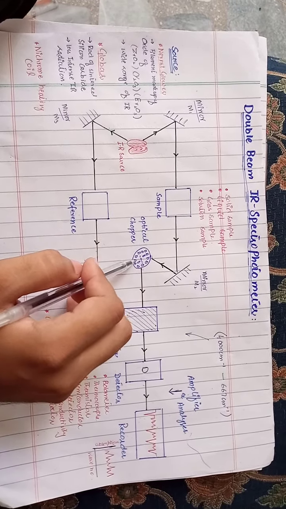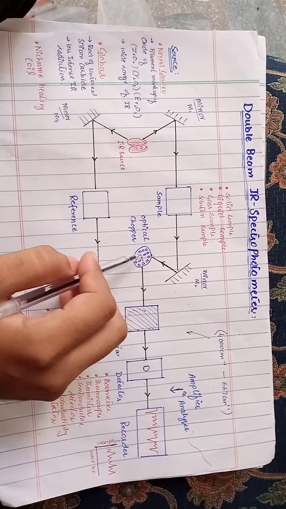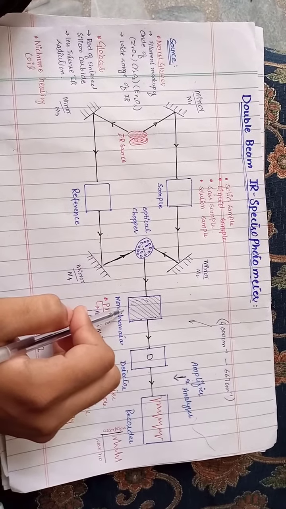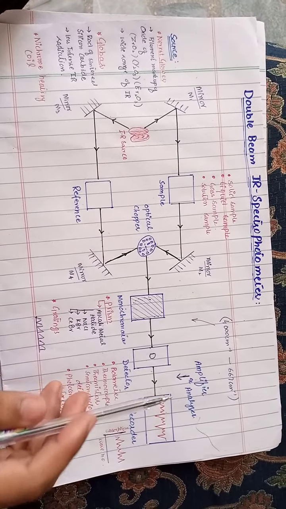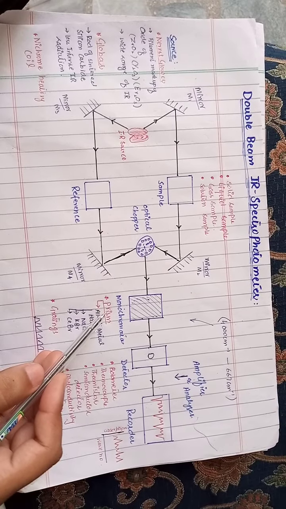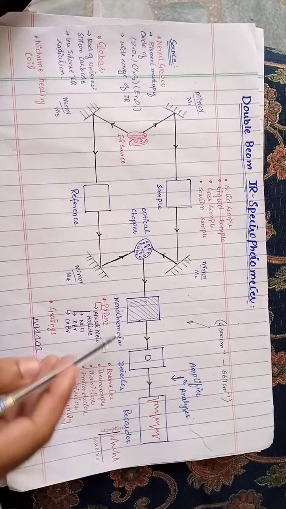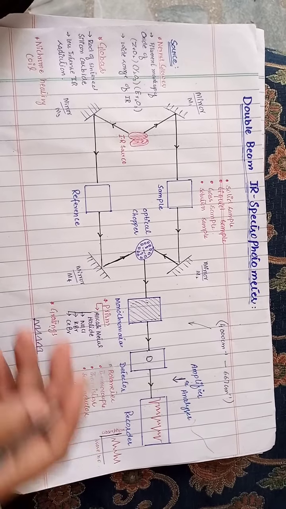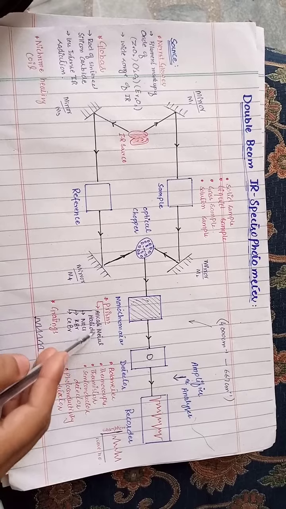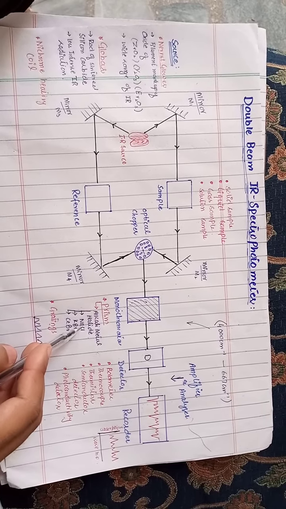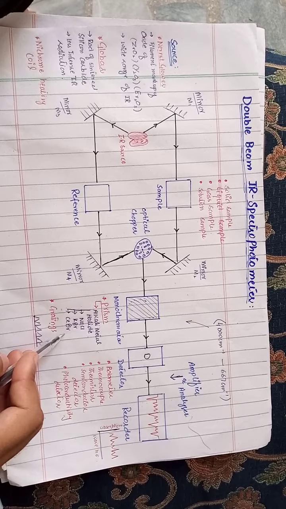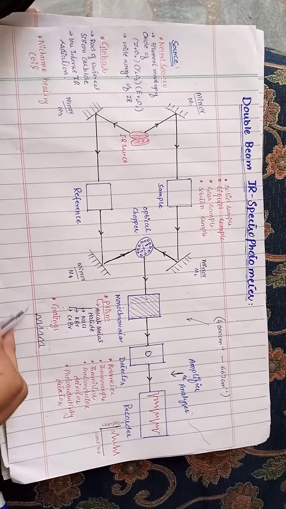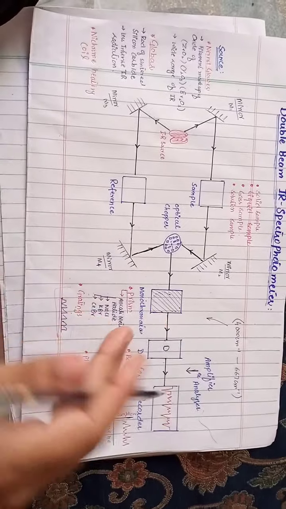The optical chopper alternately transfers the radiation coming from the sample and reference towards the monochromator. The monochromator consists of the following components: prism or grating. The prism is not the simple prism normally used. It consists of an alkali metal halide, maybe NaCl, KBr and cesium bromide, or maybe a grating. There is a picture of a grating.